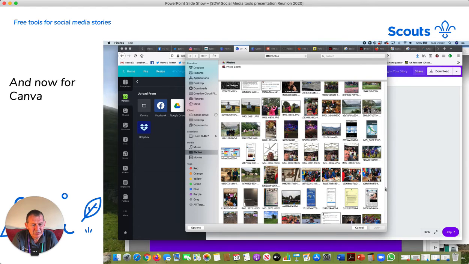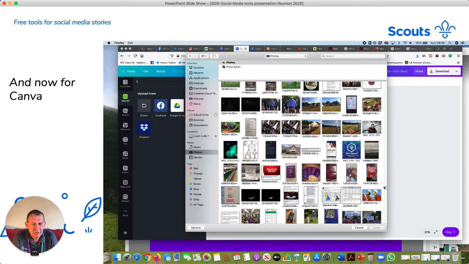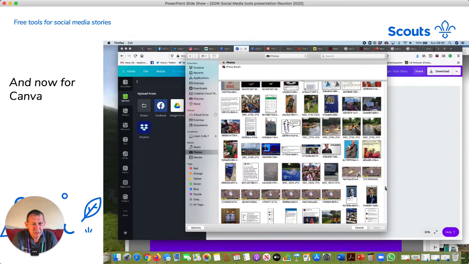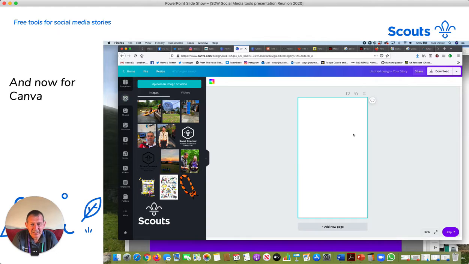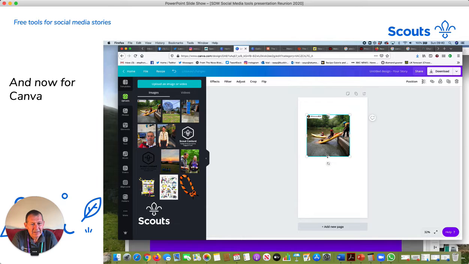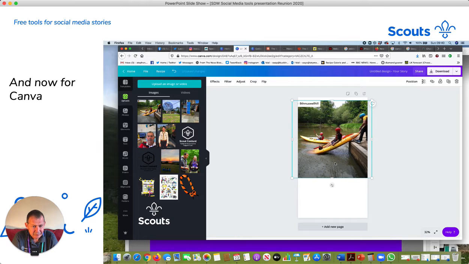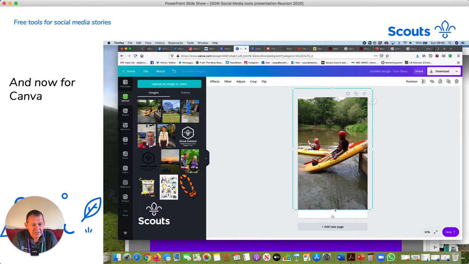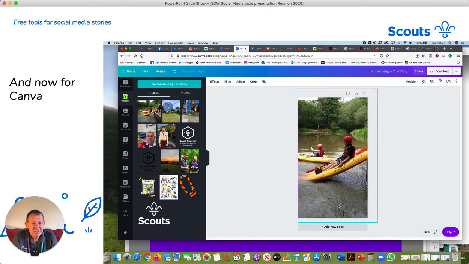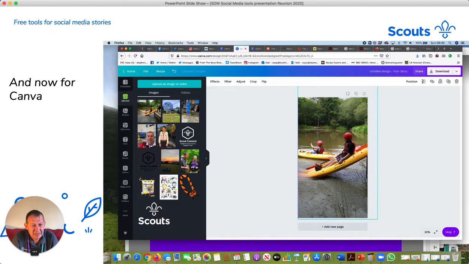What we want to explore is doing things in the water, or at least scouts in the water. There's a nice canoe picture, which is the Ninth Muswell Hill, but there you go. So I'm going to drag this into the blank page, and I'm going to do this longhand because why wouldn't I? Also because I haven't actually found the details. So then we have 2 scouts in the water, or entering the water in kayaks,